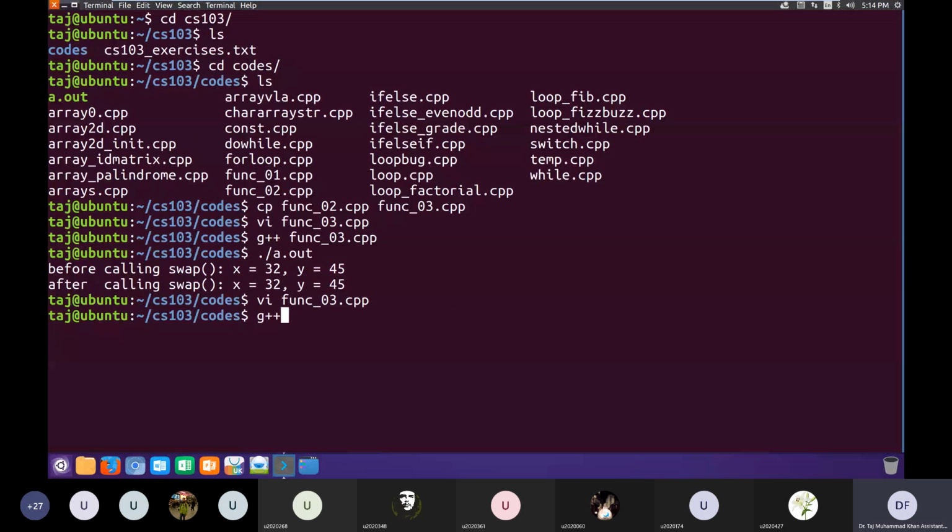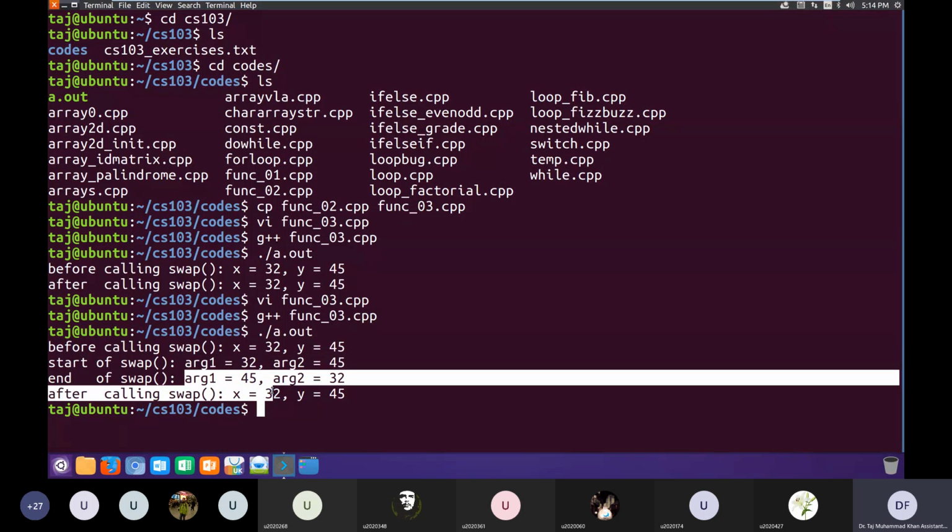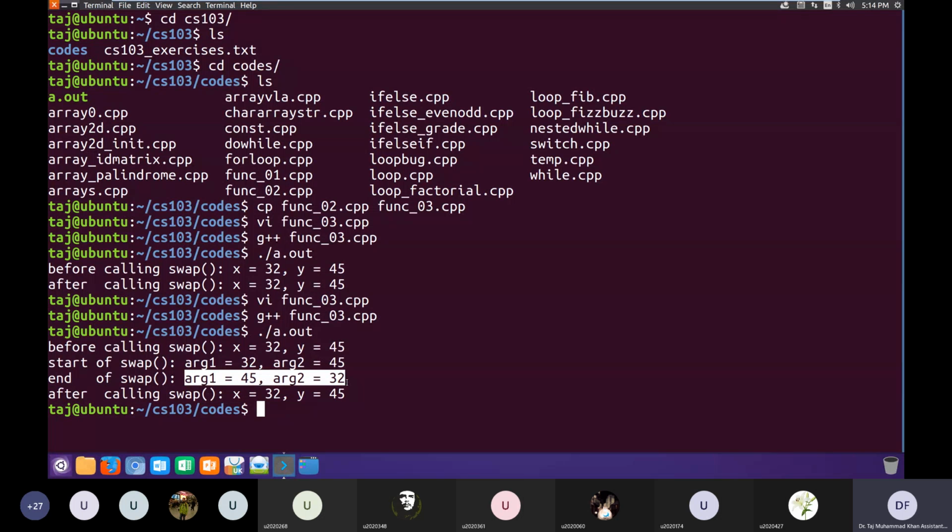So I compile this again and run it again. Before, when we call in main, x is 32 and y is 45. So when we are inside swap, arg1 receives the value of x, which is 32, and arg2 receives the value of y, which is 45. Then the function executes, values are swapped, and at the end of the function, arg1 contains 45 and arg2 contains 32. So the values have been swapped inside the function, but outside the function, after calling swap, when I print x and y,